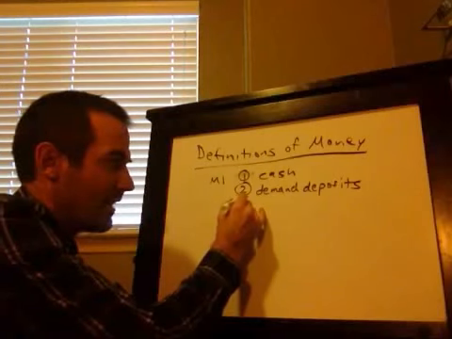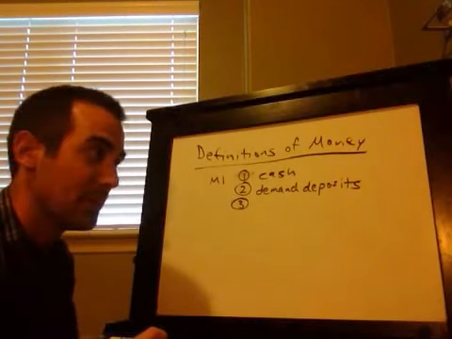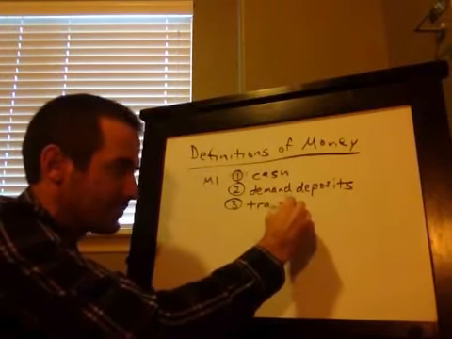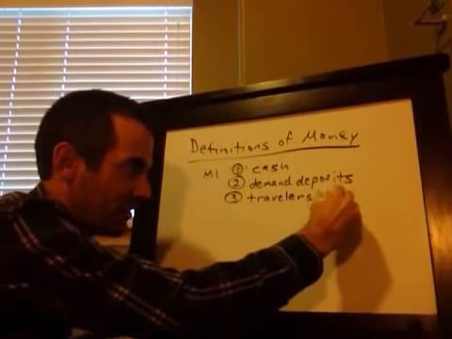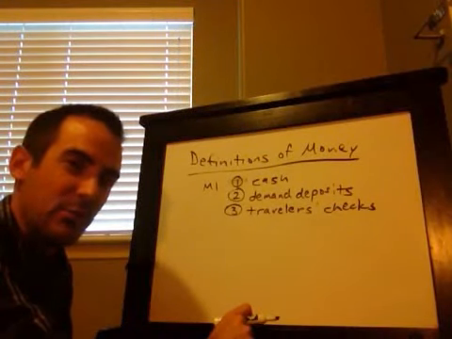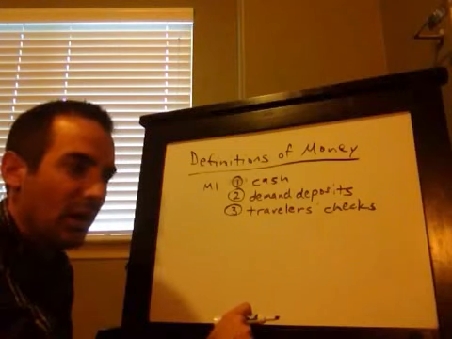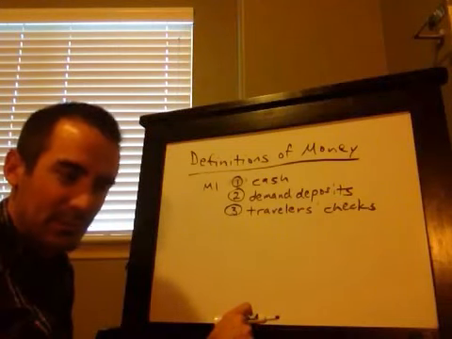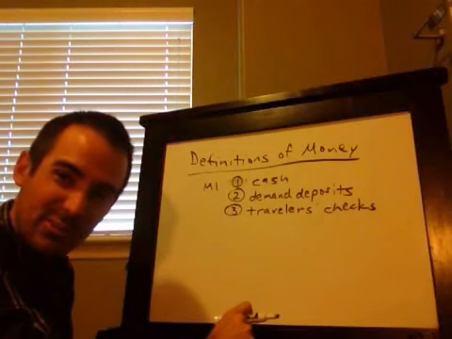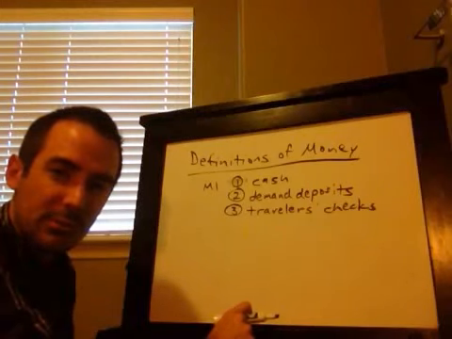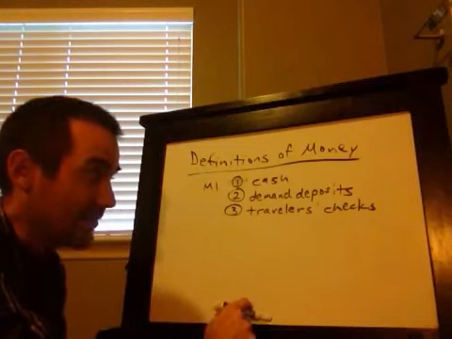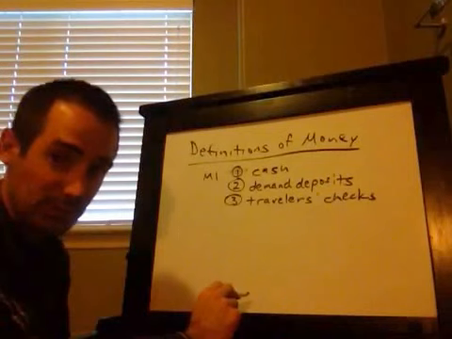Another component of M1 that is sometimes even left totally off the list because it's becoming a little obsolete and it's such a small portion of M1 is traveler's checks. Now, traveler's checks. This used to be a common way to store money if you were going to travel. You would be afraid, what if I lose all my cash? It'll just be gone, and I'm in Europe. You might go to a company like American Express, trade in your cash for traveler's checks. They were still very spendable in other countries at hotels and things like that. But if you lost them, you could call American Express and have them canceled. Now you can do that with your credit card. So a lot of people are abandoning the use of traveler's checks. It's very common to see this one not even on the list. Don't let it bother you if it's not.